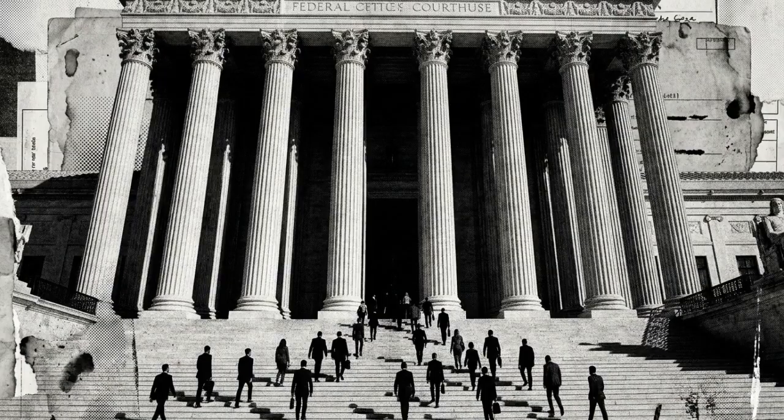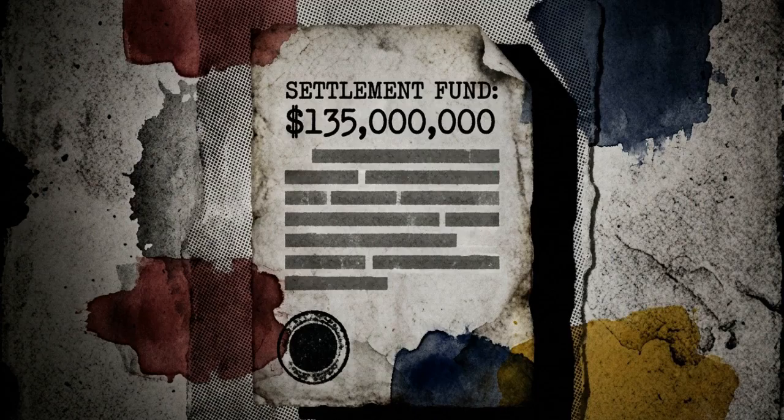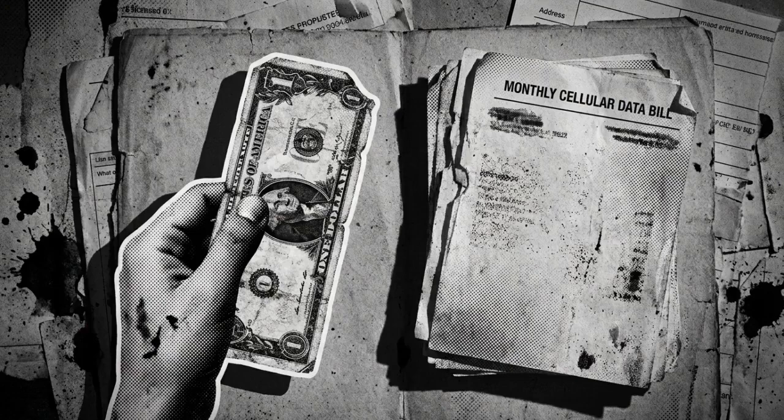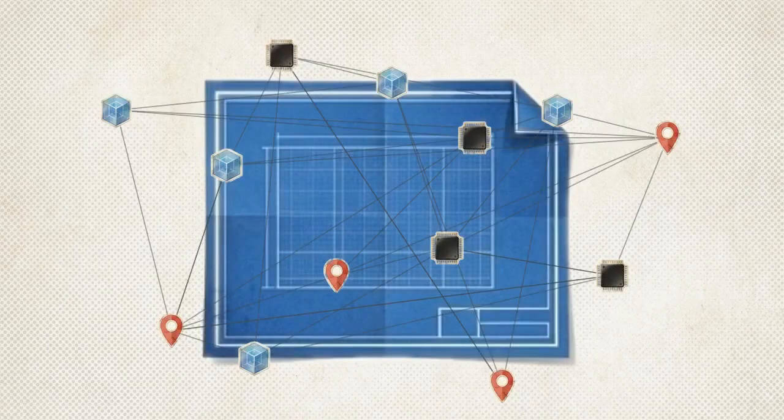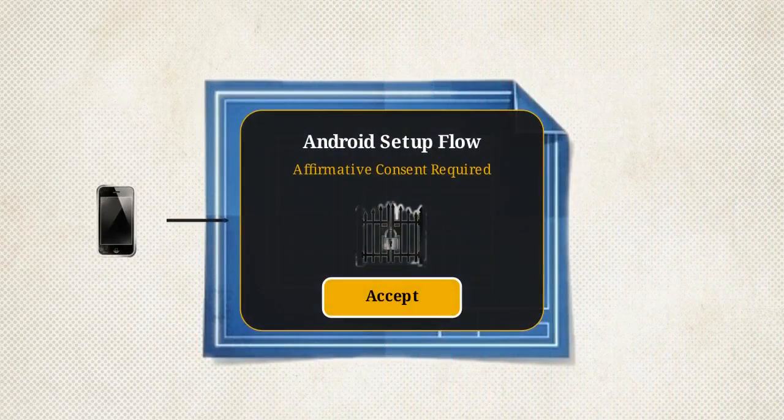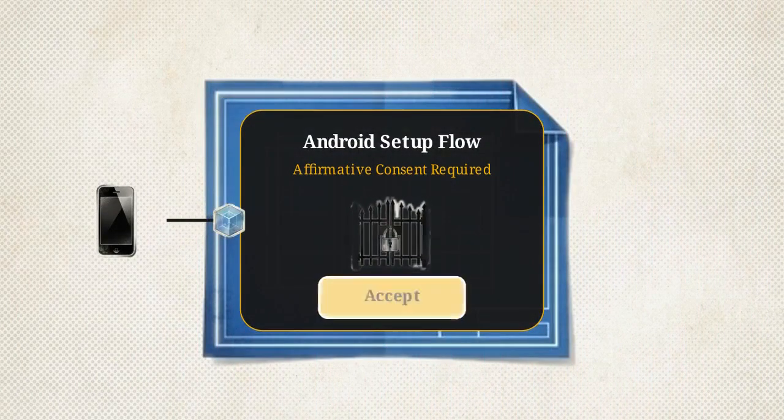It illustrates a structural paradox of modern class action lawsuits. A 9-figure settlement creates a massive financial deterrent for the corporation, while yielding a mathematically negligible return for the actual victims. The settlement's primary impact shifts away from the dollar amount and toward a set of mandated changes called injunctive relief. As part of the settlement, the court order forces a complete redesign of the setup architecture for all future devices in the Android ecosystem.